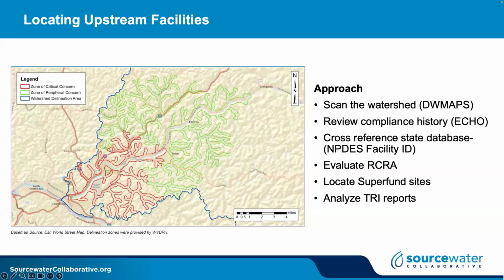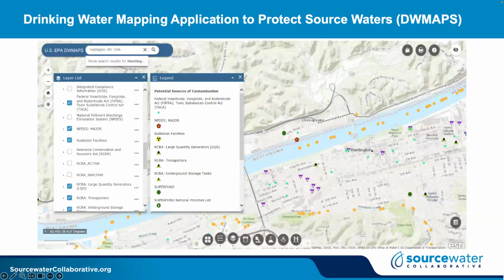And then on the next slide, I just want to talk a little bit about one of the tools that we utilize, and that is the drinking water mapping application to protect source waters, or we call it DW Maps. It is an online mapping tool that provides relevant data and information for water utilities or other users to locate potential sources of contamination and polluted waterways in relation to drinking water facilities. On the slide is a screenshot of our specific watershed from DW Maps,